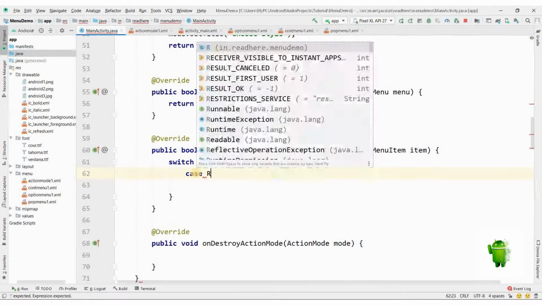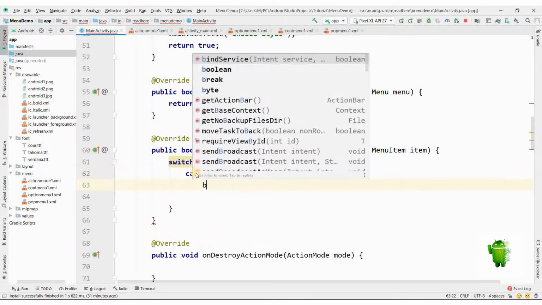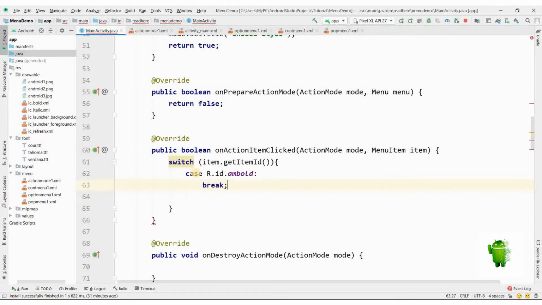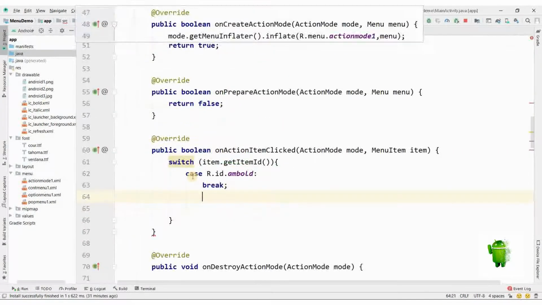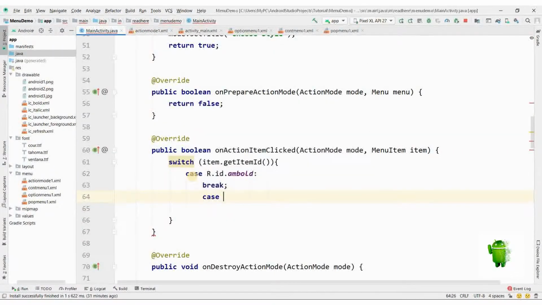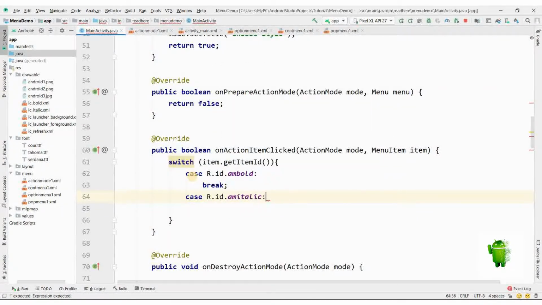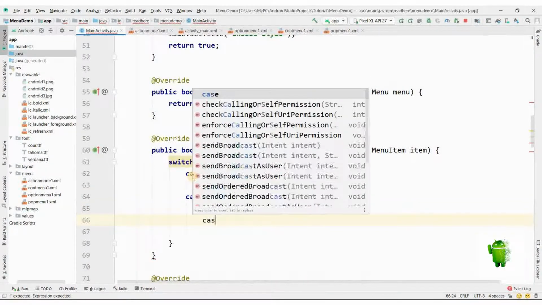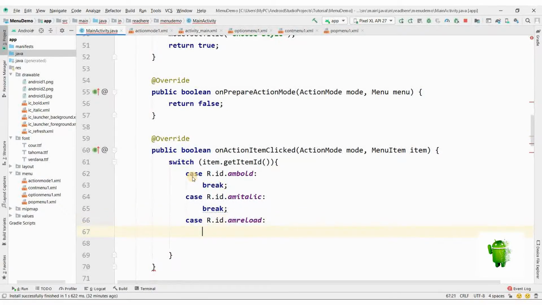Case is equal to r dot id dot action mode bold, break. These will be the 3 cases: action mode bold, action mode italic, and action mode reload. Second case will be r dot id dot action mode italic. The third case will be r dot id dot action mode reload, and we'll set here break.